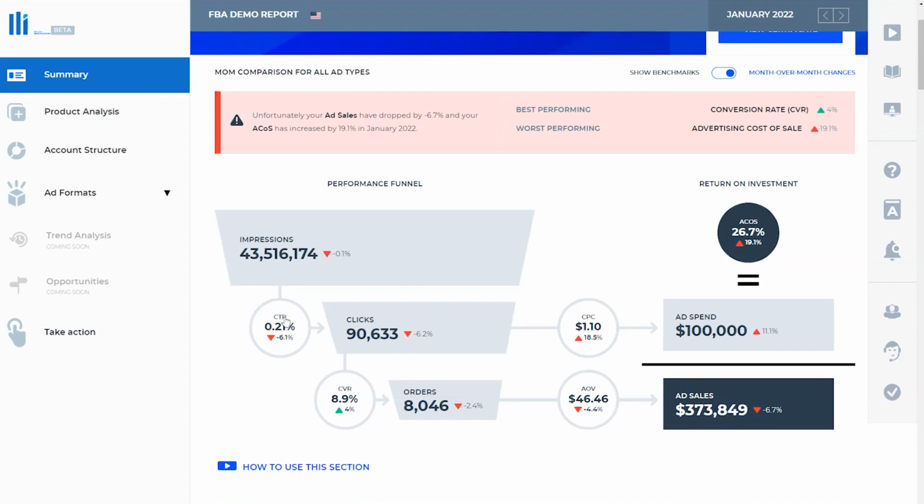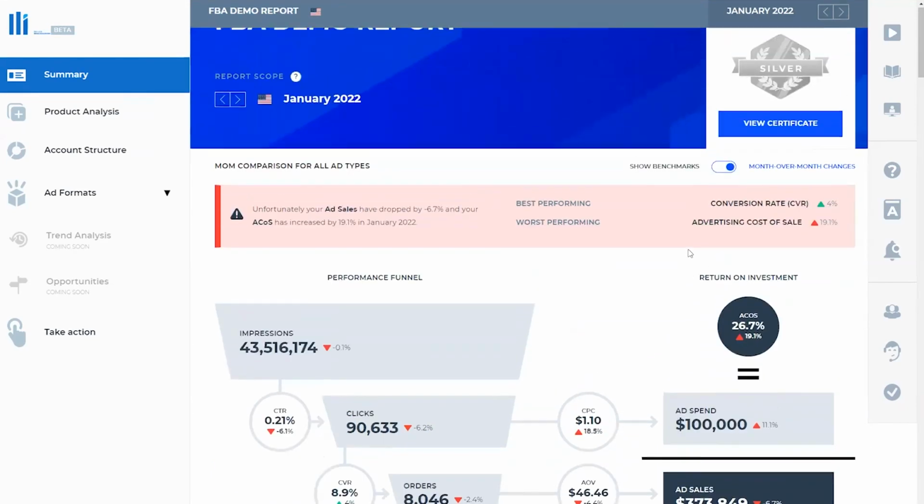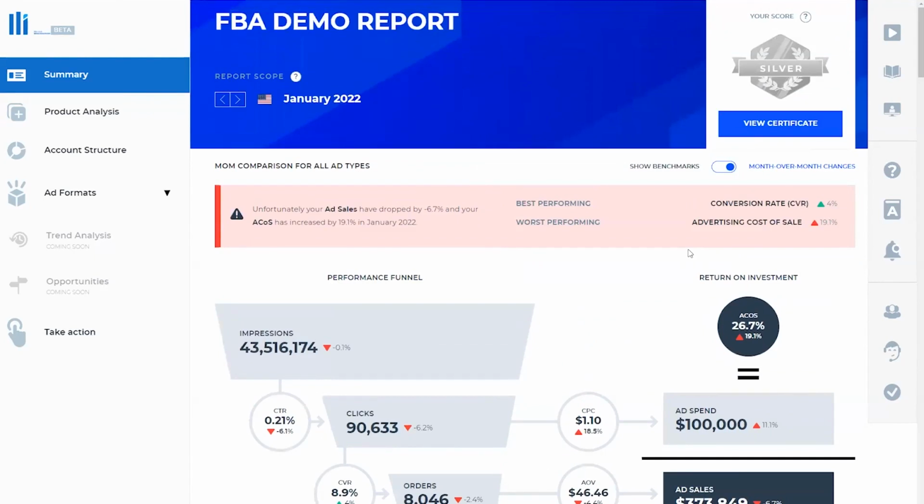And again, your click-through rate led to so many clicks, which led to an average of $1 cost per click that you had in January, which led to so much ad spend. Now, if you divide ad spend with ad sales, as you probably know, as an advertiser on Amazon, this is your ACOS. So you can see here on this benchmark report that you will get automatically in Sellics every month.